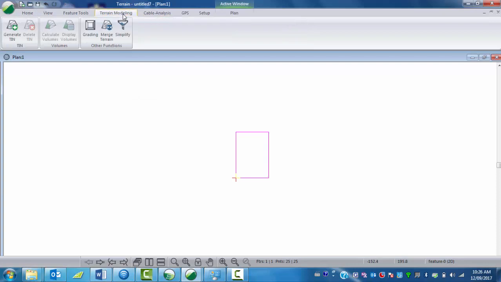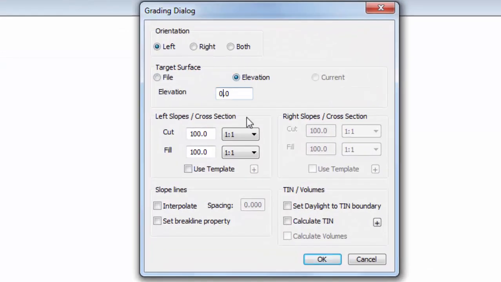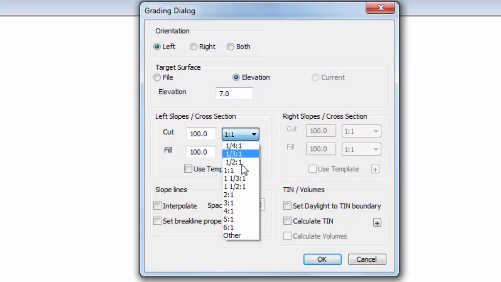So next, this rectangle represents the edge of the pond. So now we want to grade down to a certain elevation. Because our elevation of the ground is at 8.5 meters, we're going to grade down to an elevation of 7 meters. We're going to use cut slopes of 2 to 1, and we're going to set our interpolation